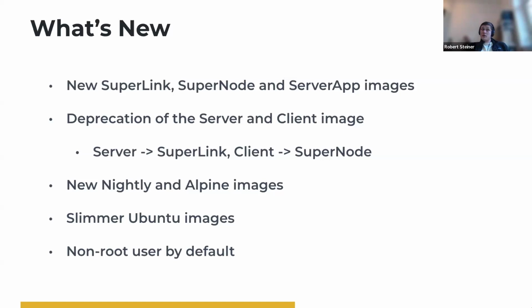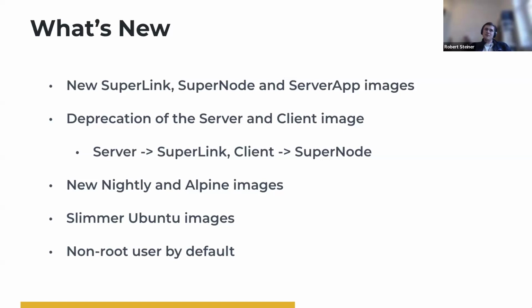We also reworked our current Ubuntu image to make it more secure and smaller. We are now using multi-stage builds where we first compile Python and then move the Python binary to a fresh Ubuntu base. And the advantage here is that all the dependencies that are required for compiling Python are not part of the final image anymore. We also removed pyenv from the image. We still use it for compiling Python, but it's not part of the final image.